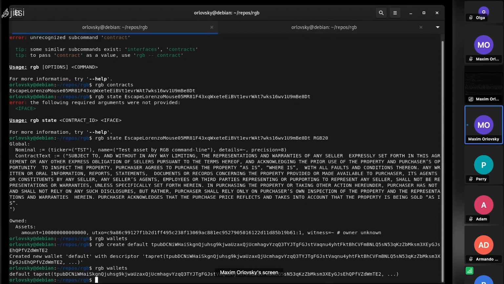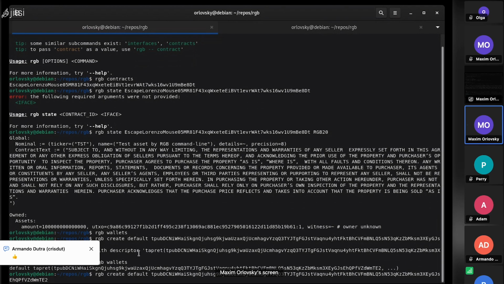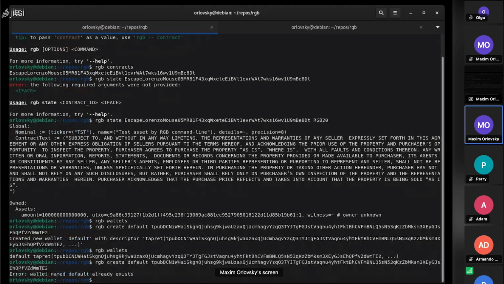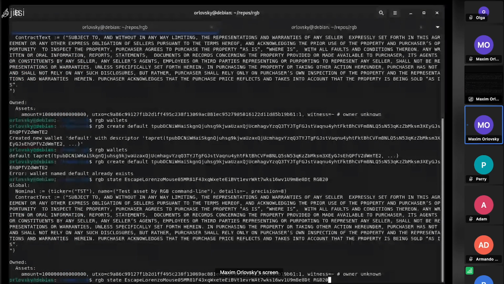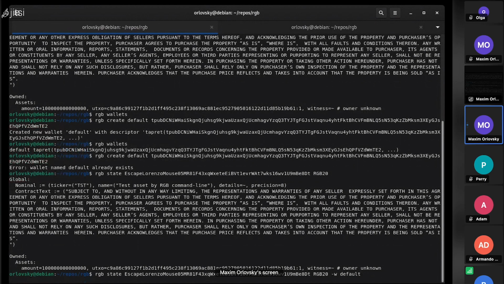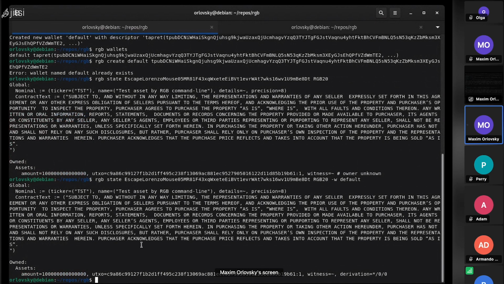Now we check the list of wallets. We see that there is the wallet we just created. And if we do the same state command again, we still see owner unknown, unless we specify that we would like to apply the default wallet. And voila, here we see that it detected the derivation information,